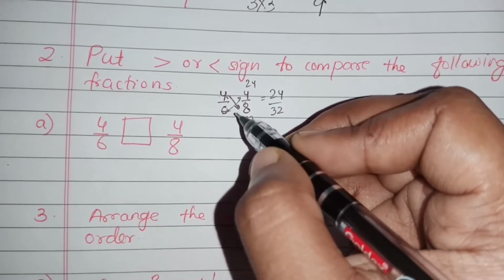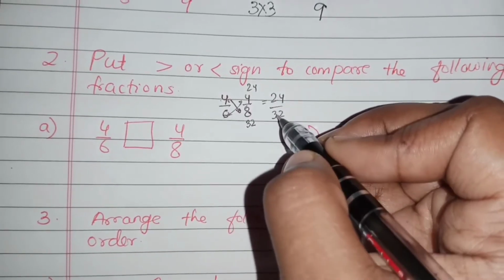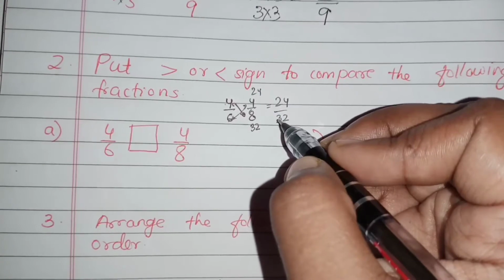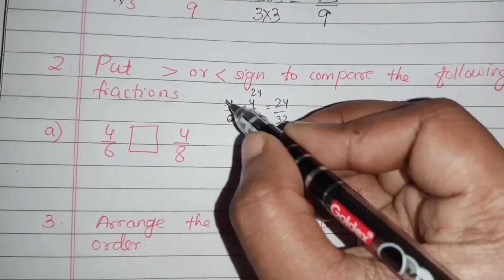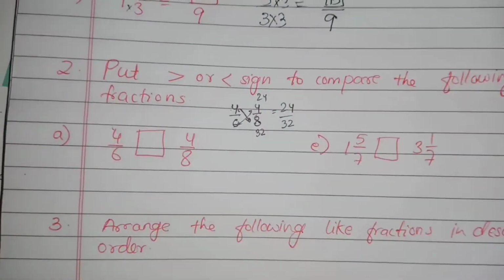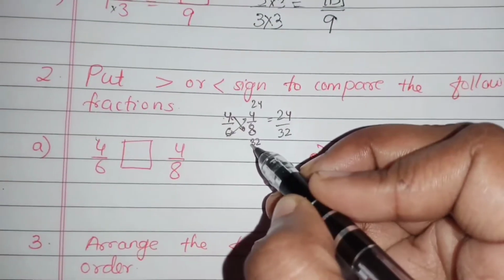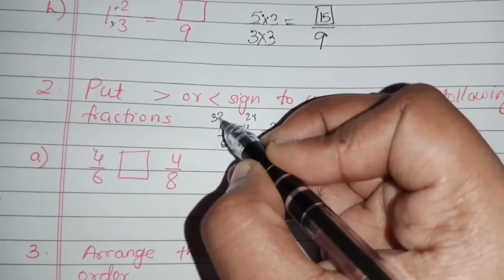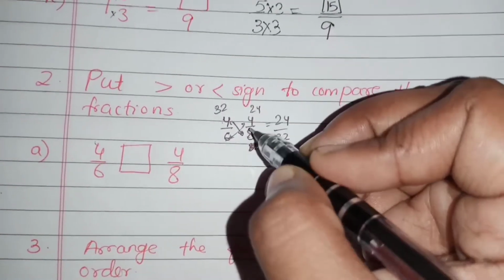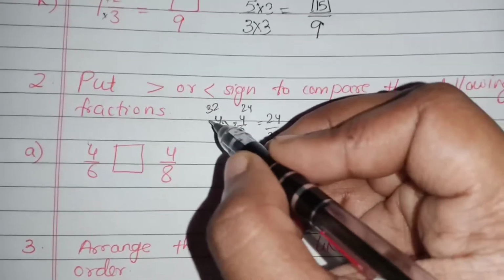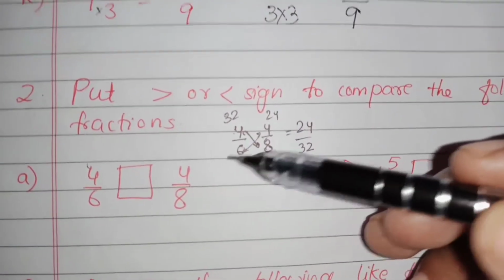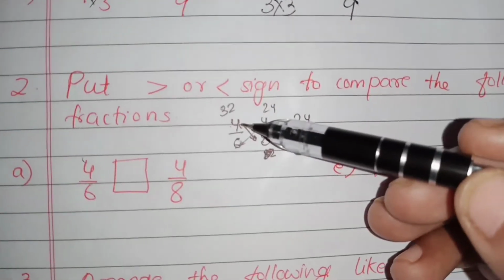Okay, so which one is greater? See here, 24 or 32? Which one is greater, 24 or 32? 32 is greater. 4 8s are 32. This side we got, or simply you write this 32 here so that it will become easy for you to understand. Okay, 6 4s are 24, 4 8s are 32. Now see which side is greater. So in the two ways you can see this very easily. Whichever you feel easy, you can do that.